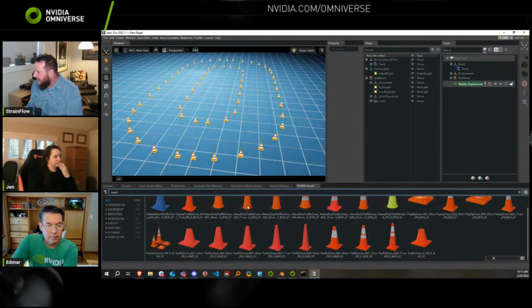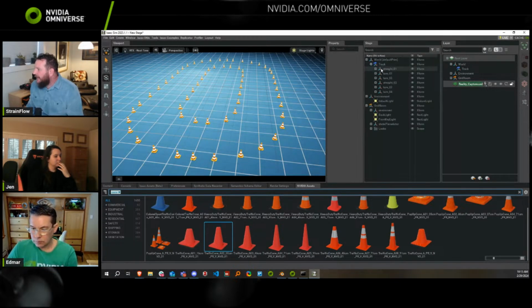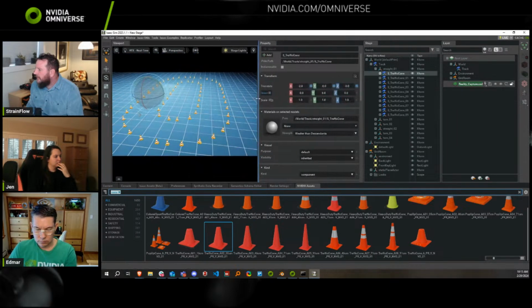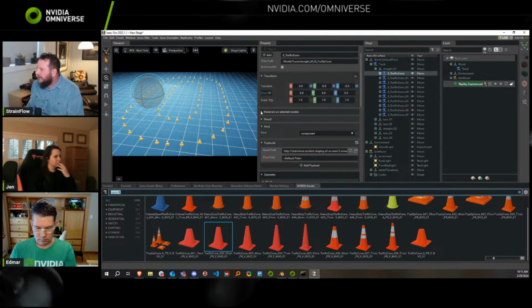And I think there's a couple of these cones that look a lot like the cones that I've got. So I can right click on this and copy URL link. And I think what I can do is go to this track. Oh dear, that's not going to work great. Oh, that's the material asset path. It's not letting me edit that. Oh, shoot. That's okay. I'll work on that more later.